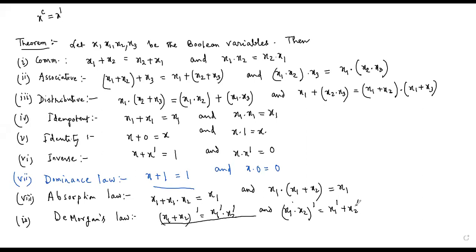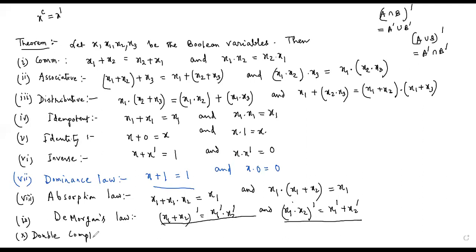Kind of atypical, but if you think of set theory, you will find that this happens because (A intersection B) complement is equal to A complement union B complement, and (A union B) whole complement is equal to A complement intersection B complement, where union plays the role of plus and intersection plays the role of multiplication. And the last, 10th property, you can consider the double complement law, which is very simple,